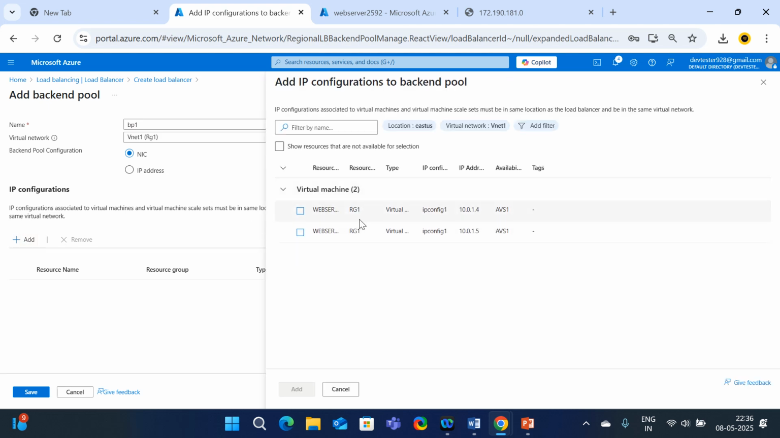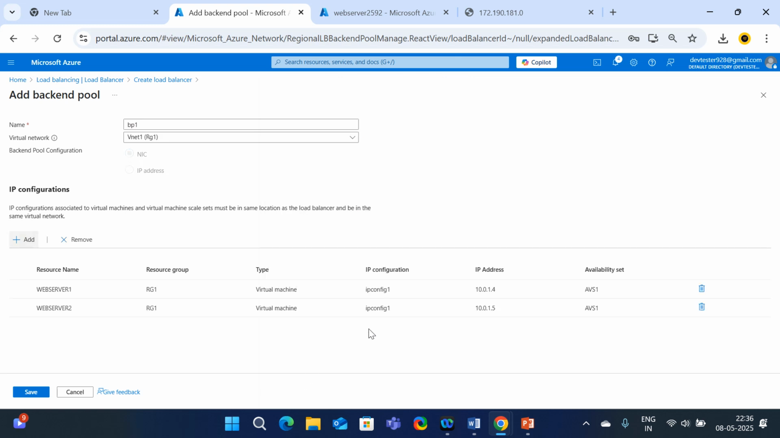Here, how many NICs do I have? Two NICs, one NIC for one virtual machine. Right now I have two virtual machines, so that's why two NIC cards are displayed here. Just click on add. But these two NIC cards have only private IPs. They don't have public IPs because we had already deassociated them from these machines. And if you observe, these two servers are part of availability set 1. Fine. Just click on save